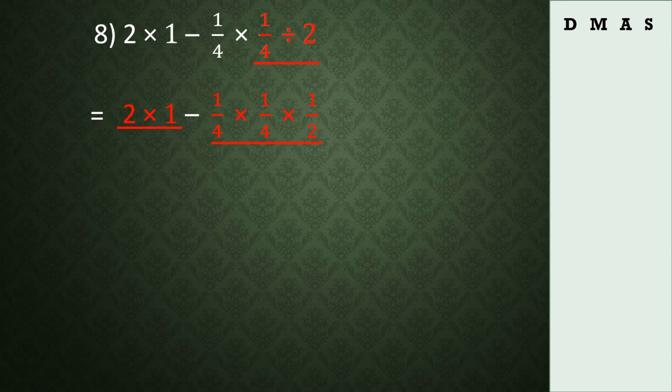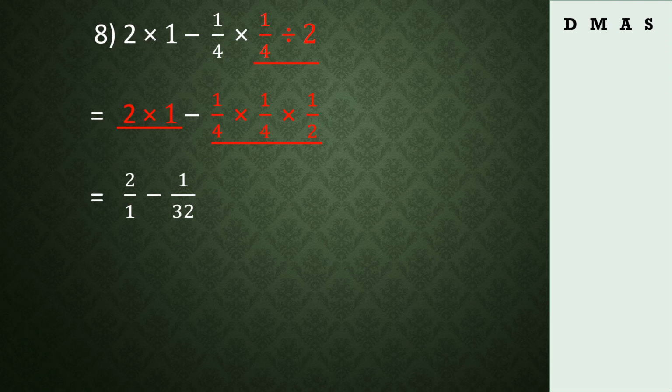So do the multiplication. 2 ones are 2. Then write minus sign as it is. 1 ones are 1. Again 1 ones are 1. And 4 fours are 16. And 16 twos are 32. So we get 1 upon 32. Now we have 2 upon 1 minus 1 upon 32. See, the denominators are not same. So first we will convert them into like fractions. For this, we need to find the LCM of 1 and 32. And the LCM of 1 and 32 is 32. So we have to bring 32 at the place of denominator because our LCM is 32.